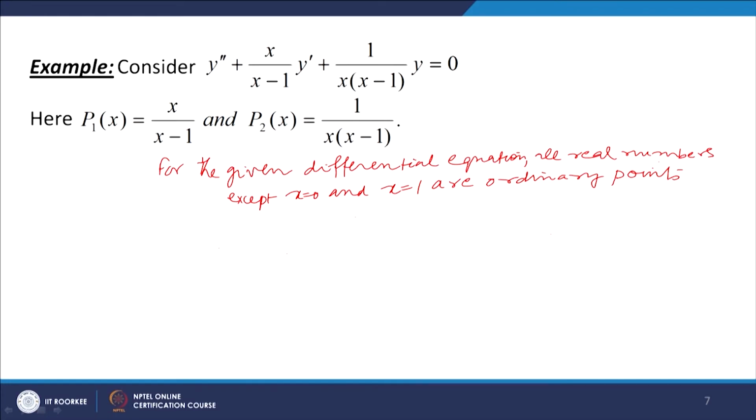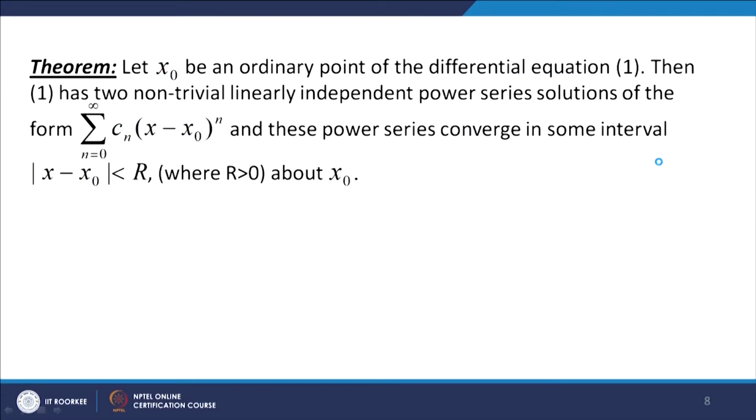Okay, now let us state a theorem which will be used to find the power series solution of a given differential equation. Let x naught be an ordinary point of the differential equation 1, then one has two non-trivial linearly independent power series solutions of the form sigma n equal to 0 to infinity C_n (x minus x naught)^n, and these power series converge in some interval |x minus x naught| less than r, where r is positive, about the point x equal to x naught. So, we will use this theorem to find the power series solution of a given second order homogeneous linear differential